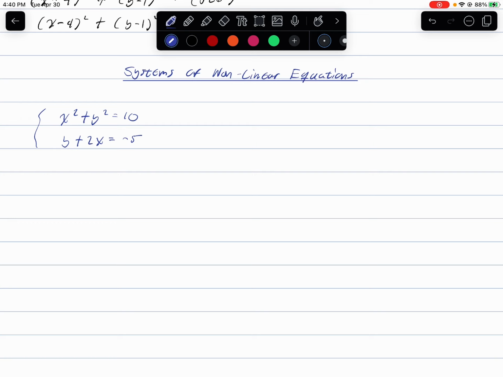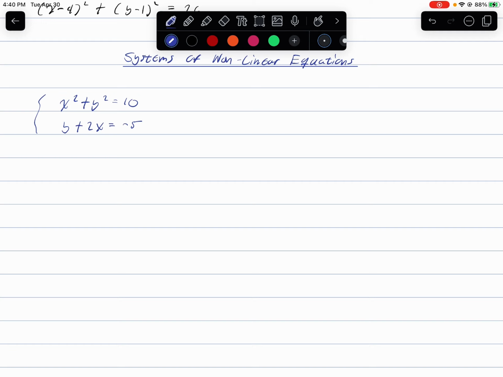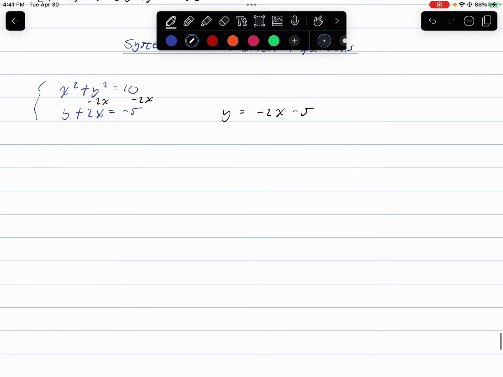The first step is to try to find a way to do some substitution. So let's go ahead and solve this bottom equation for y. We can take 2x away from both sides, and that's going to give us that y is equal to negative 2x minus 5. What we can do then is take this value for y and plug it in right here. So that's going to give us x squared plus (negative 2x minus 5) squared